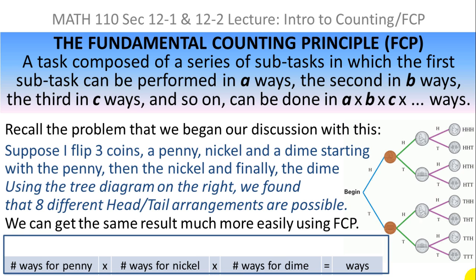So what I do is I look at this as a product of 3 things. The number of ways of getting a result when I flip the penny, the number of ways for getting the result when I flip the nickel, and the number of ways to get a result when I flip the dime. And the product of those 3 numbers will be the number of ways that we found earlier. So thinking about this, there are only 2 ways to get a result for the penny. It's either heads or tails. There's only 2 ways for the nickel, heads or tails. There's only 2 ways for the dime, heads or tails, and 2 times 2 times 2 is 8. And although you're not listing the actual 8